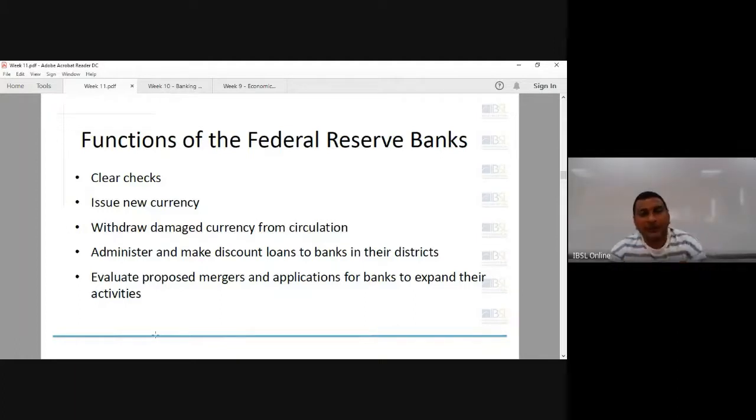And another function these Fed Reserve banks perform is issuance of currency. Everywhere in the world, the central banks or monetary authorities are responsible for issuance of currency. So they also make sure they issue US dollars as required by the economy and economic activities. And also they clear off all these damaged currencies, on mutually based arrangements to take out